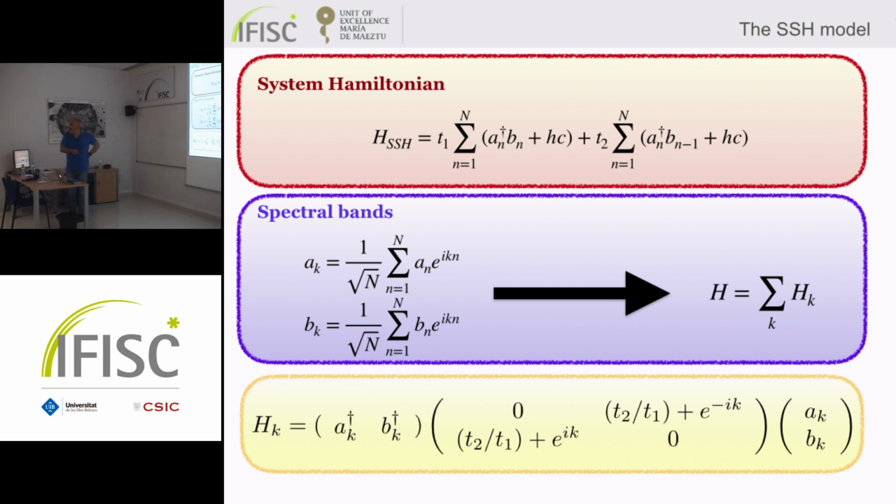I wrote k, and k is actually a number which is 2 pi divided by the total number of cells, 2 pi divided by N, where N is the total number of cells. If you use the open chain, you have to diagonalize it putting N plus 1 in the denominator instead of N, and then you have to take combinations of modes. You have to do a sine Fourier transform. You impose open boundary conditions: at the ends the wave function is 0. So you find the sine Fourier transform.